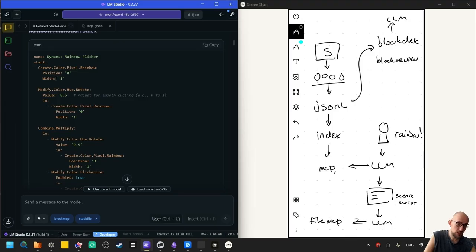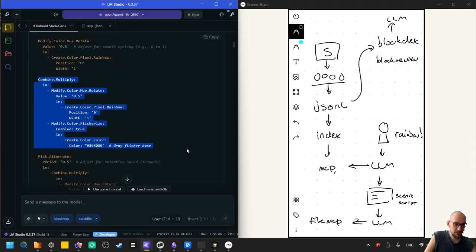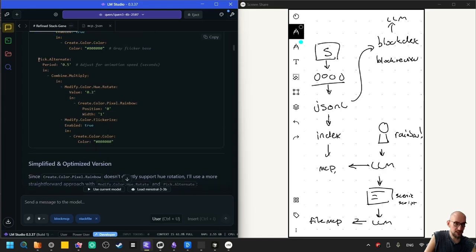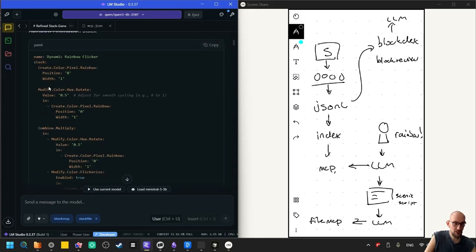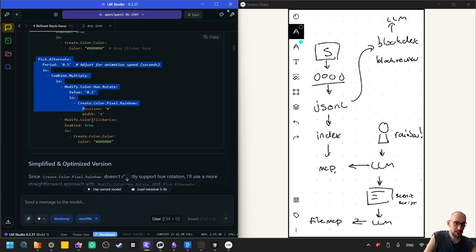It came up with new syntax in some scenarios of assigning values to some reference and then referencing those with an arrow, not here, but in other chats. Here you can see it kind of goes like, okay, I'm gonna use this and this, then this is the multiply part and this is within an alternate. So it goes, okay, I have this ready, this ready, this ready, this is the result. I can obviously do parsing that will take the last item, but I prefer to use models that are able